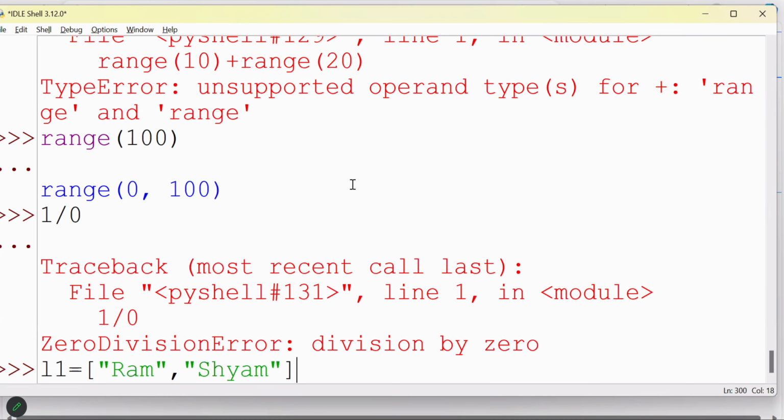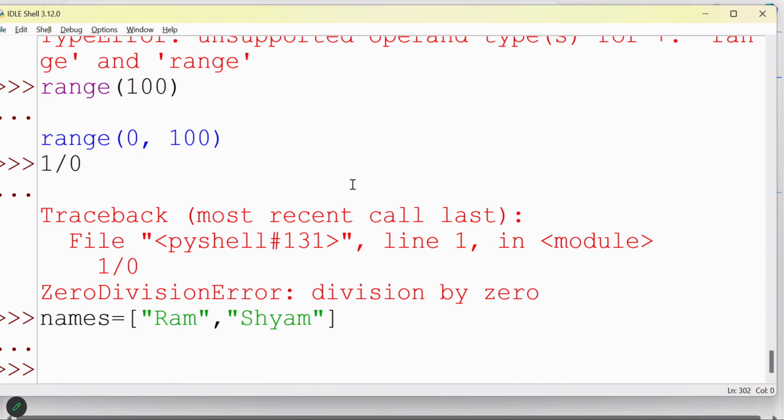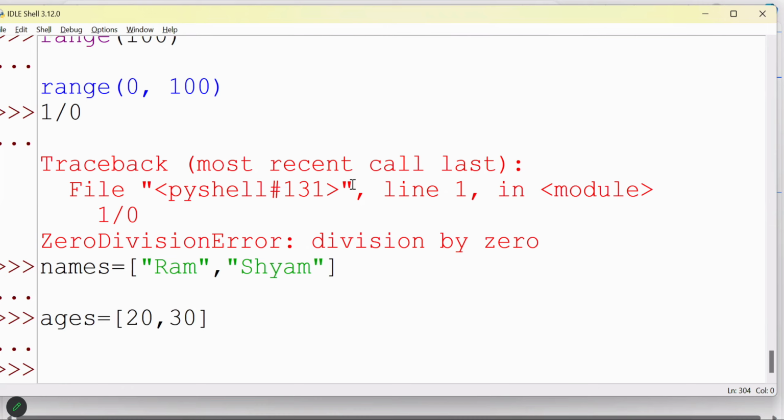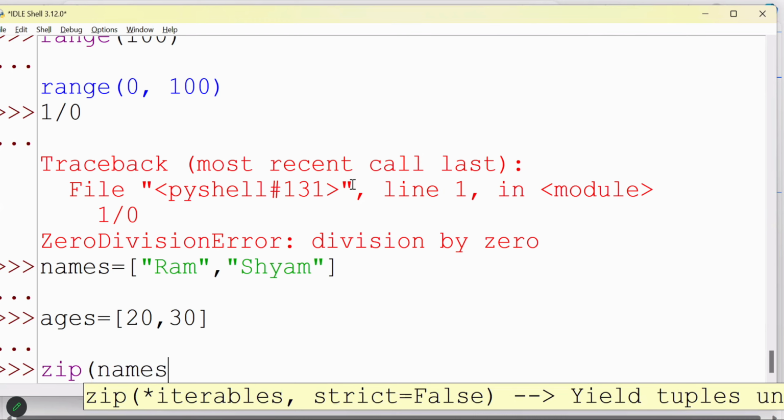So maybe I can mention this as names. Two separate things are there, but you still want to see them together. So name, age, or ages. Here I can mention 20, 30. Let me use plural only, whether it exists or not, I don't know. So here, if I want to see them together, then what I have to do is zip of names, comma,